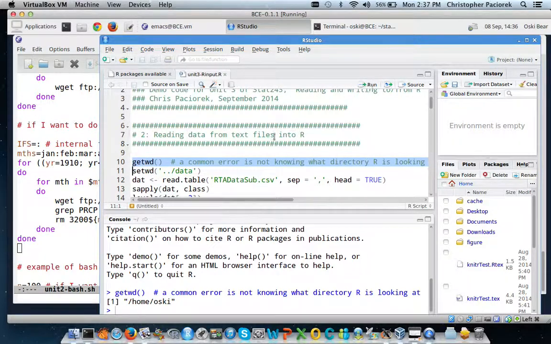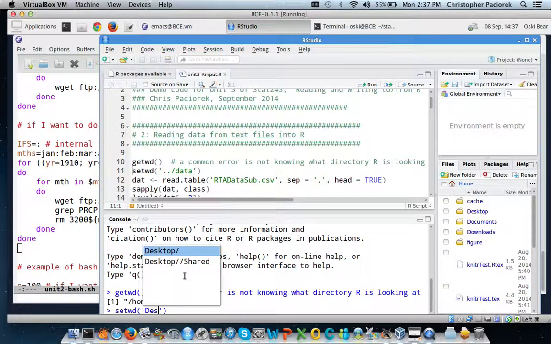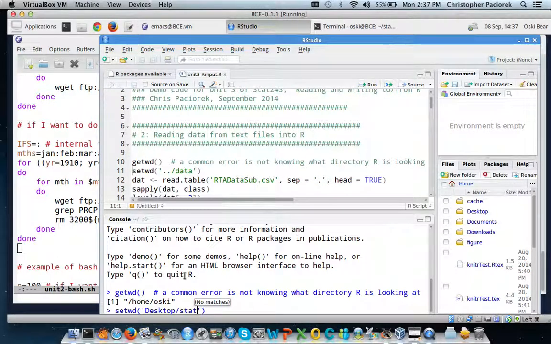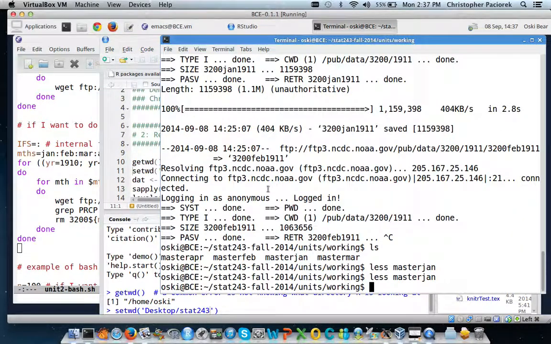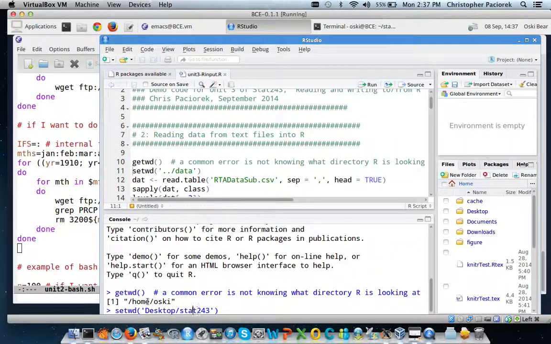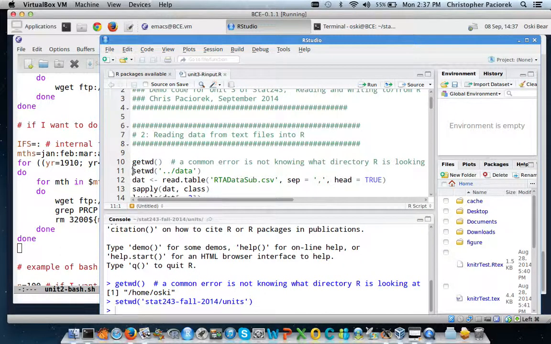So first, as usual, we need to make sure that we're looking in the right place on the file system. I'm going to set the working directory to be pointing to the repository. That's weird. Oh, it's just directly in the home directory. Okay, so let's set it to be the units directory, and that'll fit with the fact that now I'm setting the working directory to the data subdirectory. So if I go ahead and read this in,